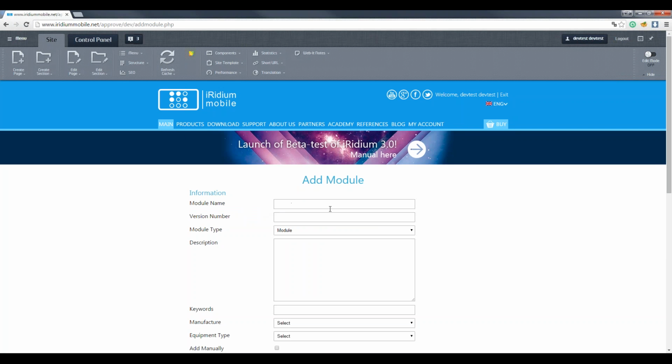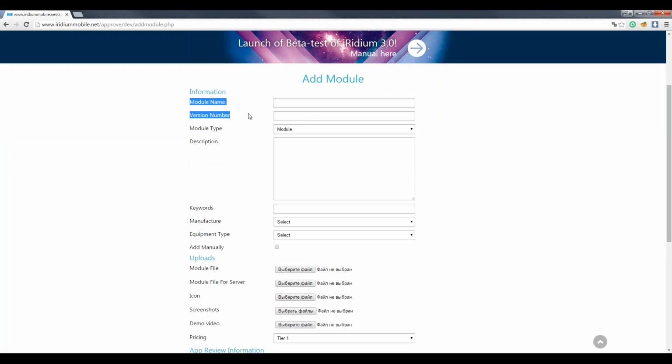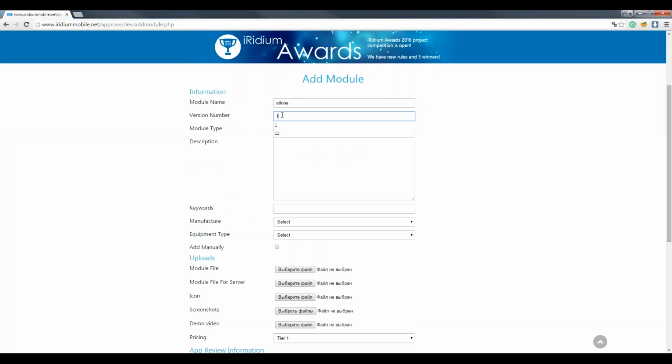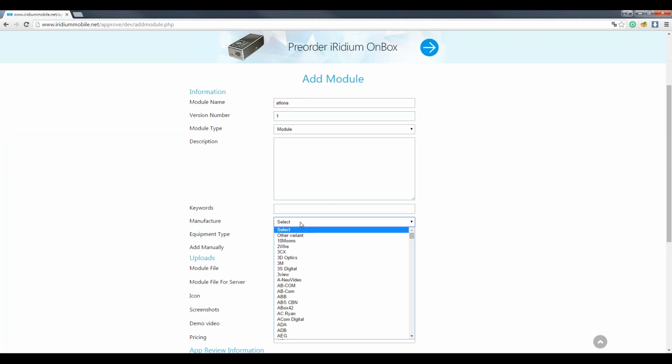Here I should fill all fields, module name, version number. Let's do it. The type of module, so it is a standby module or it is a scanner of many modules. I should fill the description, the keywords.